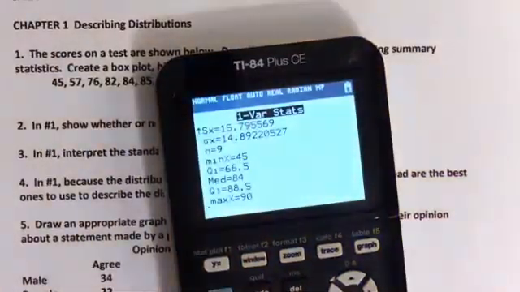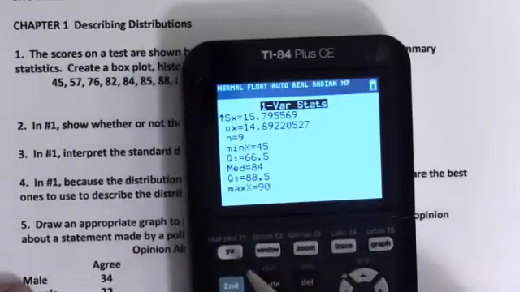well, let me go ahead, and so those are our summary stats, but let me go ahead. We need to draw a graph of it, and I'll make a histogram, and certainly you could do it by hand. I encourage you to look back at the chapter one video if you want to see how to do a histogram by hand. It's not hard, but we'll use our calculator, and so we'll do stat plot,